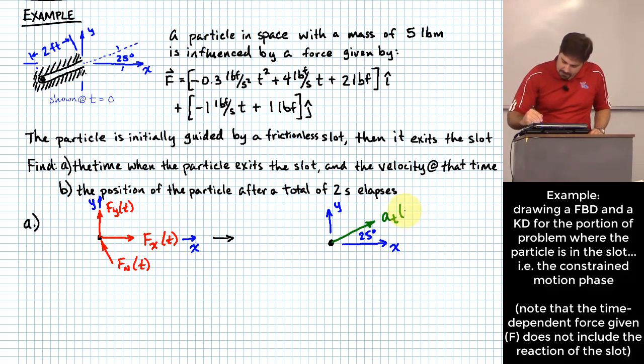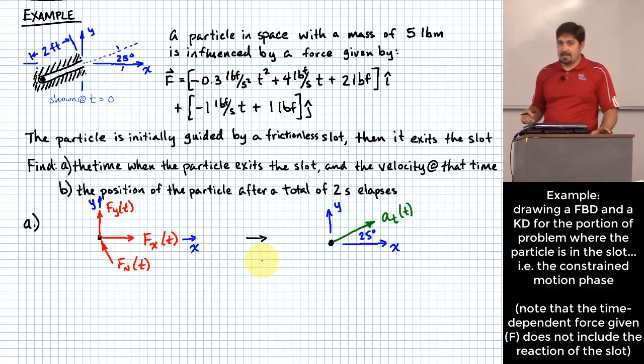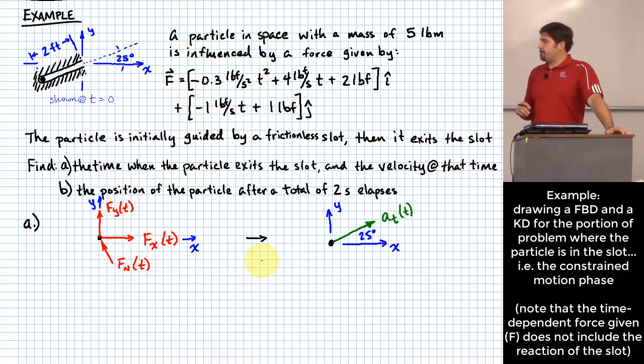And it is also going to be a function of t. Okay? And that's the only component of acceleration that I have at this point. All right. Why do I set this up? Well, in addition to it being just a good idea to do a free body diagram and kinetic diagram for just about every problem that you do, at least a problem like this where you're using Newton's second law,